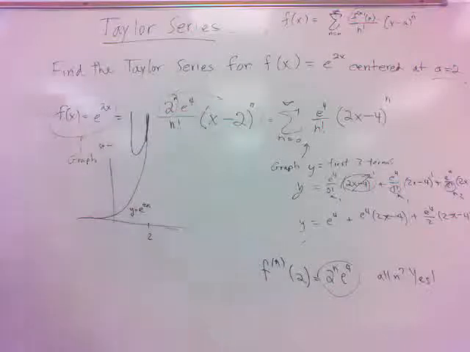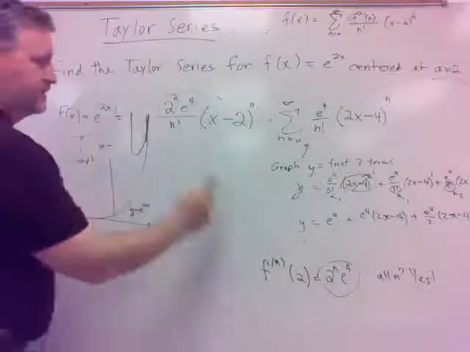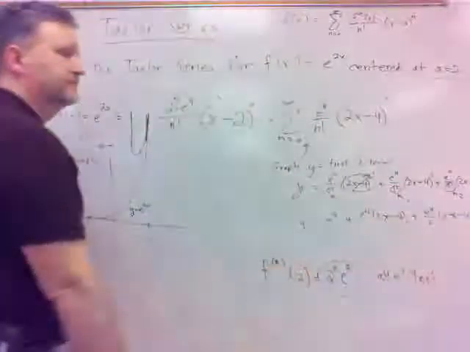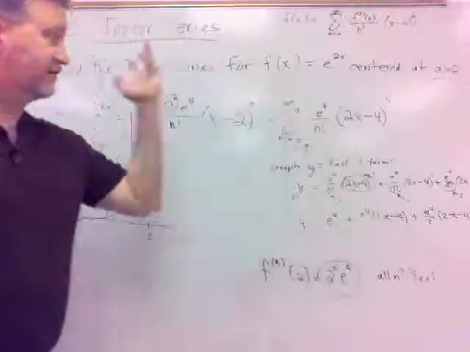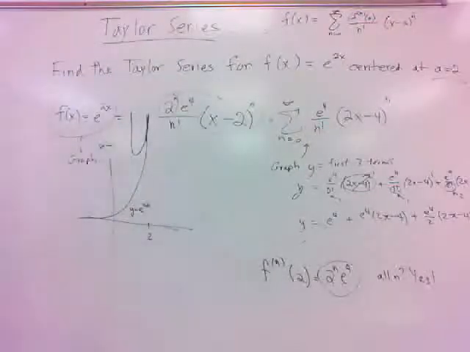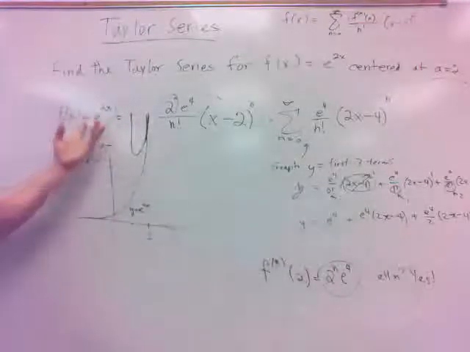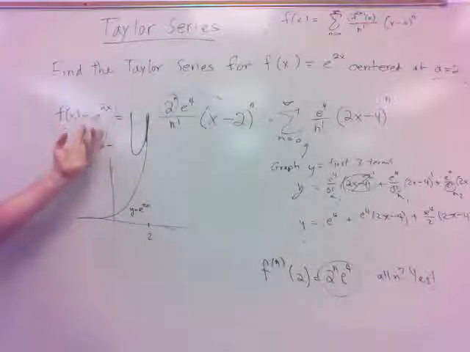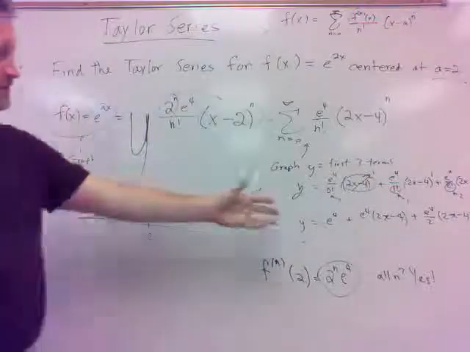So that's why we say this is centered at 2. Because that's where these two things will be coinciding, and that was just with the first 3 terms. If I go out to infinity, it's doing an even better job. It's pretty good with just 3 terms, but that's the idea. We're finding this polynomial to represent this much more complicated formula. Really, it's e to a power, and that's complicating it, and we turned it into